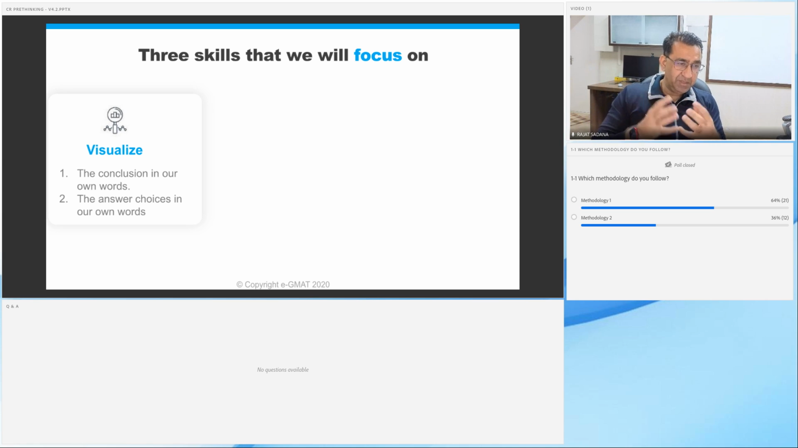Visualizing something means imagining that it's happening in front of me, zooming into the details and zooming out of it, building a habit of doing that. That's an extremely critical skill, not only for GMAT CR, but also for case studies in general,